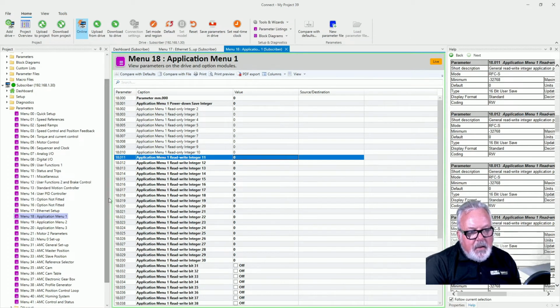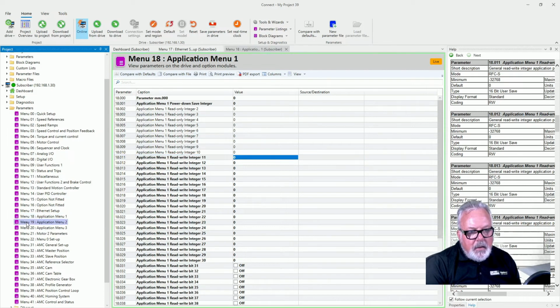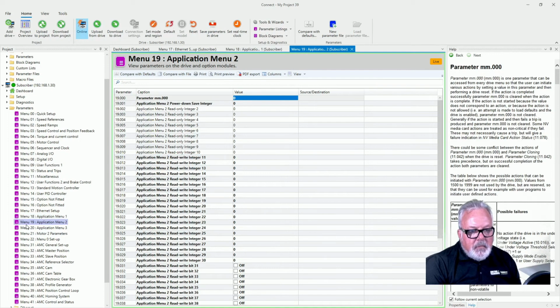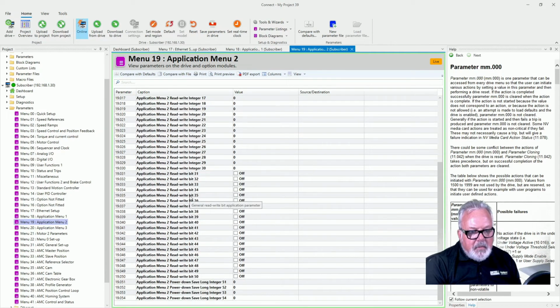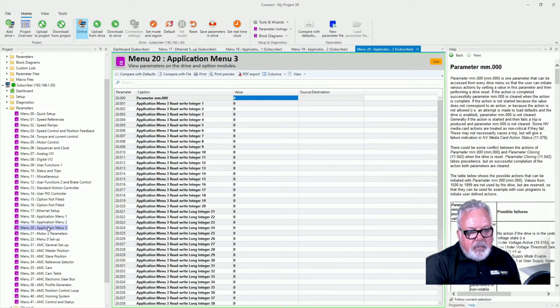So there's menu 18, 19, same kind of thing. If I scroll down, there's bits, there's long integers. Those are your power down long integers, right? Menu 20,